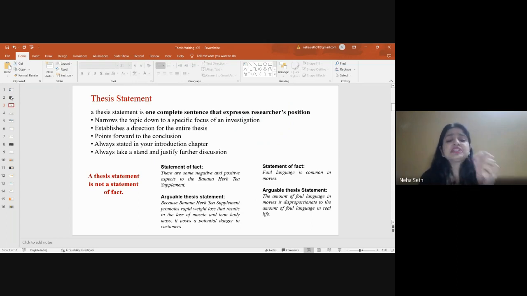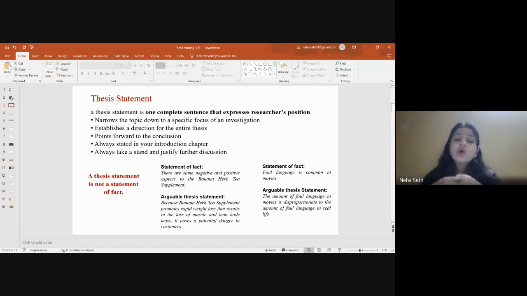It establishes the direction of the entire thesis. I would rather be clear about where I have to move, in which direction I have to work. What kind of data I need, what kind of methodology I need to fulfill my objectives. It points forward to the conclusion. It takes us to the conclusion. After collecting data, using the methodology, doing the analysis, we can reach some conclusion if our thesis statement is